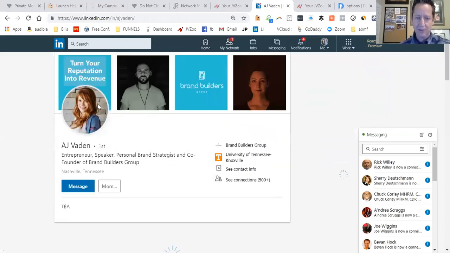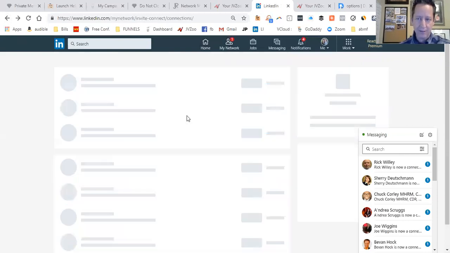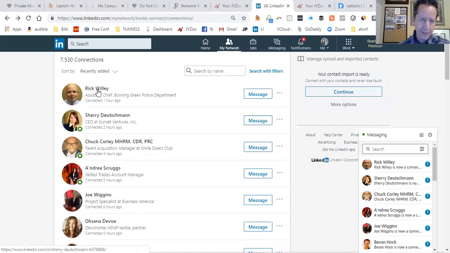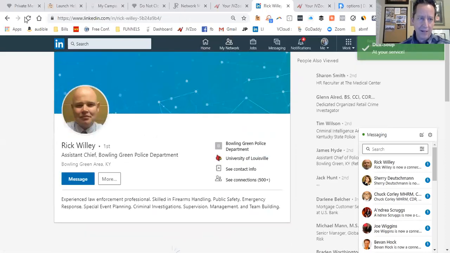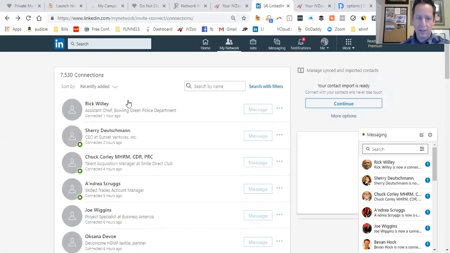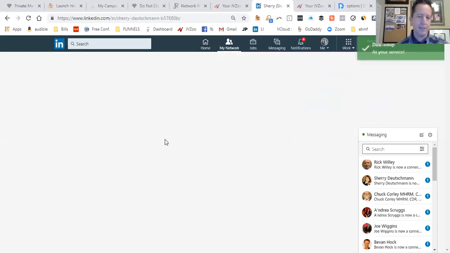This one's Nashville, so that was from the last task I had given the robot to do, was to connect with people in my home area of Nashville. And as I'm wanting to expand our sphere of influence, you'll see this one is Bowling Green. So he just accepted a request that was sent to him probably yesterday. And the particular area that I had targeted yesterday was Bowling Green. And so I'm sure if we click through these, you'll notice that a lot of them are in the Bowling Green area. Let's see here. I'm going to just click on a few of them so you guys can kind of see.